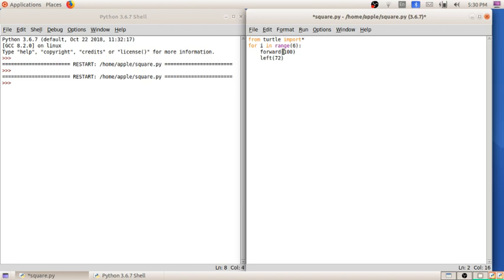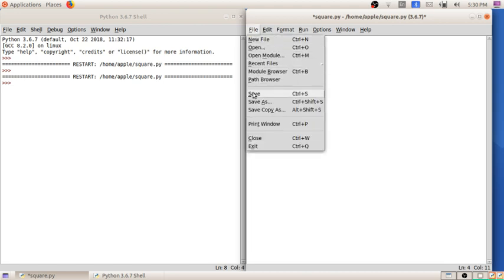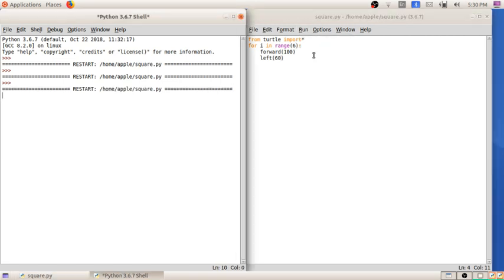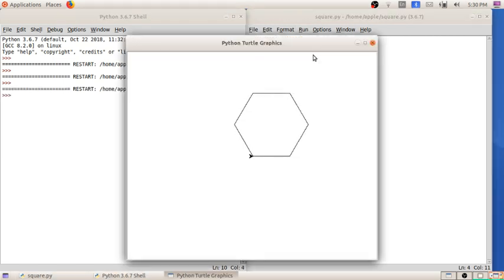So we have to write 60 degrees. Okay, I'm saving this and in run, click run module. So now you can see the hexagon also formed here in the Python Turtle graphics window. You can see the output.